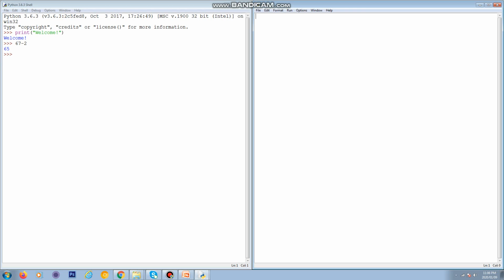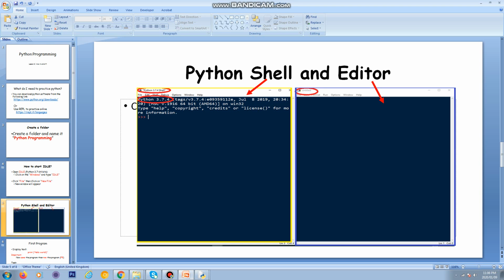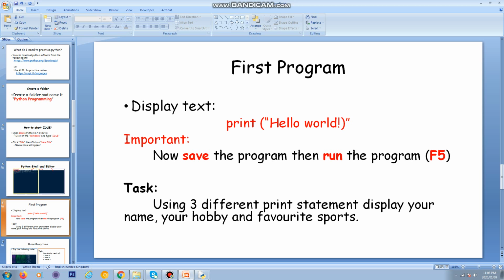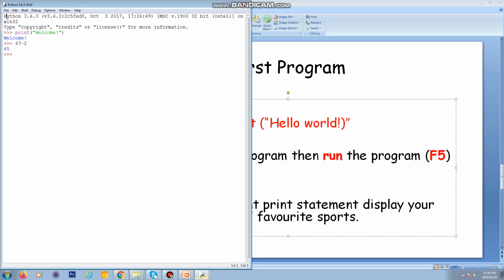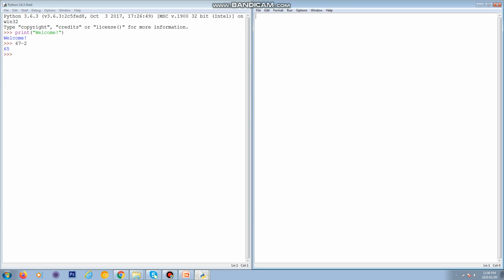Now as I said, you are going to write the program on the right hand side. Here it says untitled because you haven't saved the program. So first we're going to write the hello world program. If we go back to our screen, we are going to write here print,